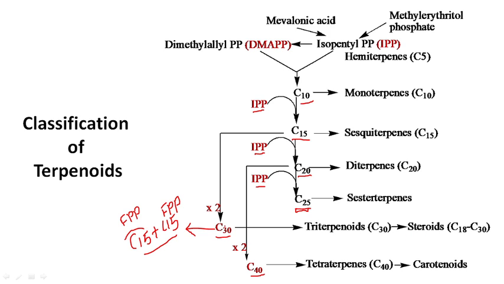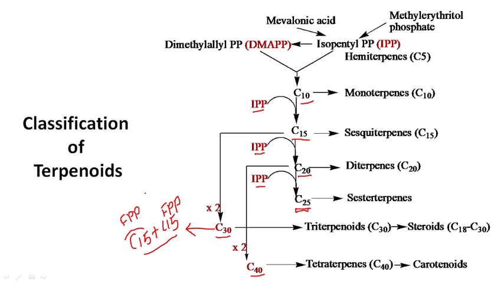And the attachment here to this C10 derivative of the IPP, it is head to tail attachment. The attachment of IPP to this C15 derivative is head to tail. The attachment of IPP to this C20 derivative is head to tail, but here the attachment of farnesyl pyrophosphate to